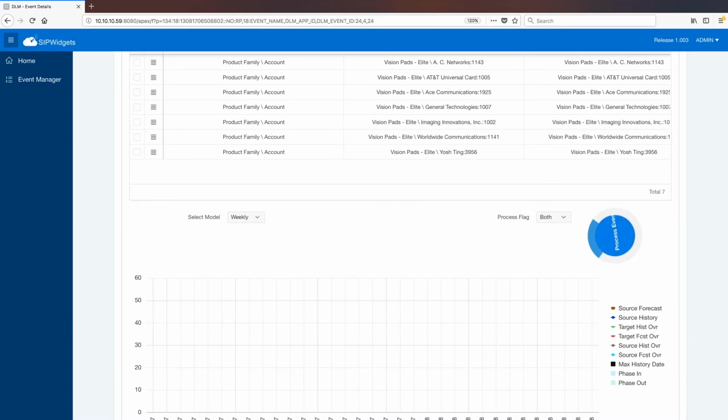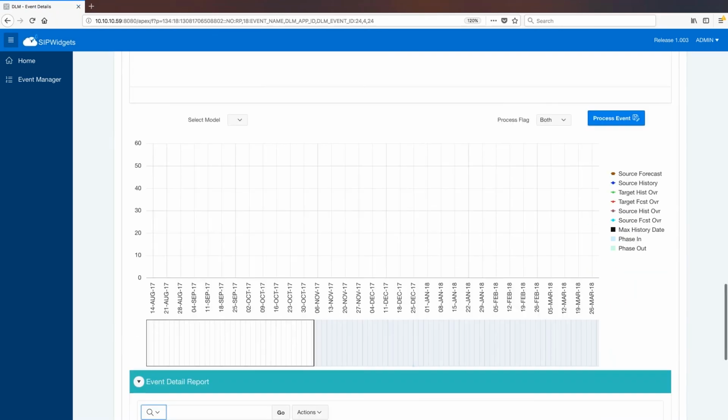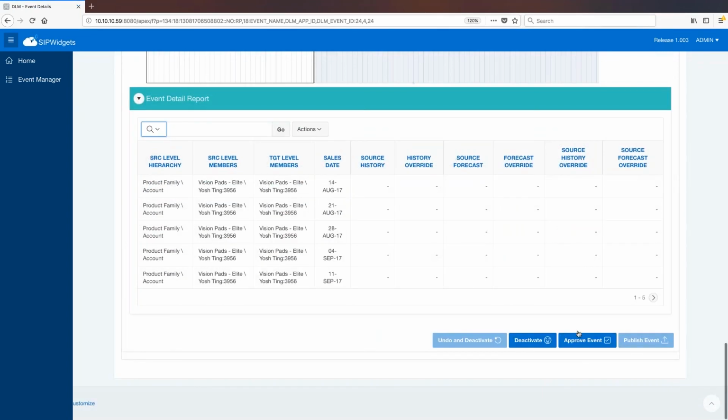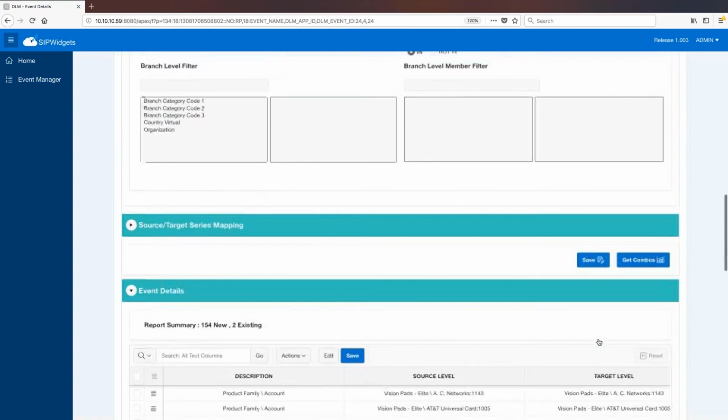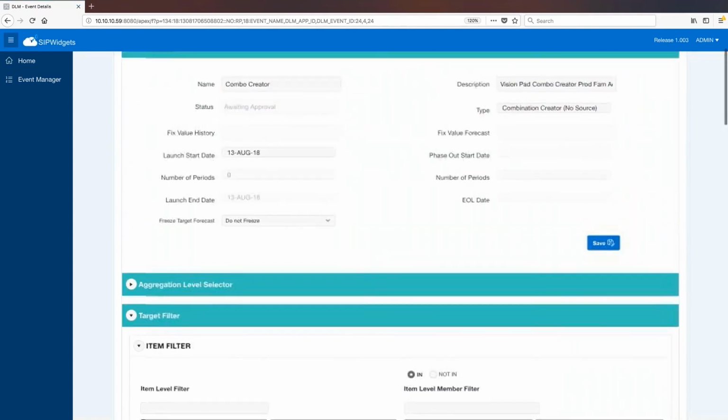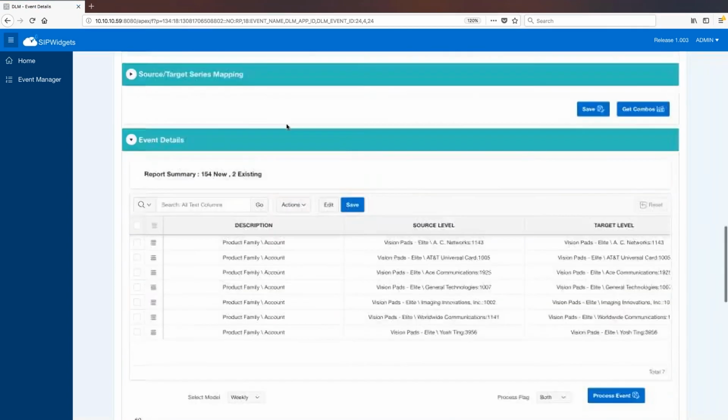At this point, we are done with the data entry, and the event is awaiting approval. Unless approved, the results of this event won't be exported out to the downstream demand planning systems. The user also has the opportunity to publish the event manually if they want to. So right now this event is awaiting approval, and then once you approve it,